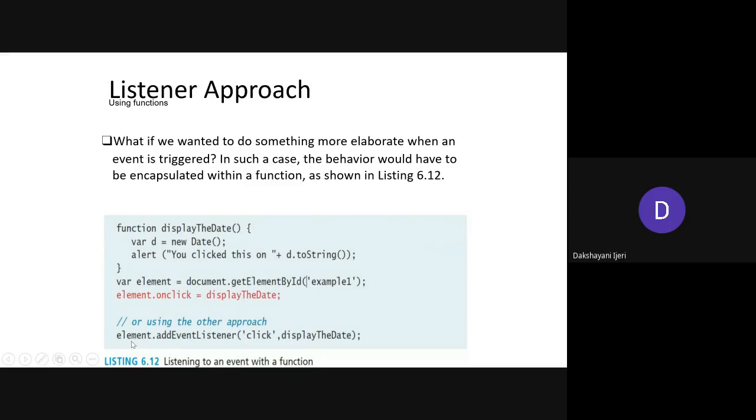Okay, so this is how you can use it. Element dot add event listener. As I told you, the first parameter needs to be the event here. So here you are taking the event name as click. Instead of onclick, it is only click here, followed by a comma and followed by the name of the function which you want to execute here. Okay. So these are the different types of approaches here.